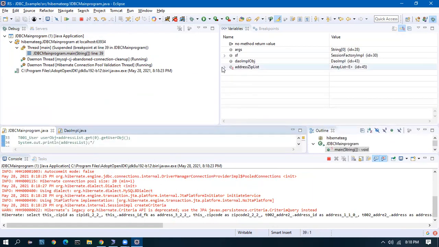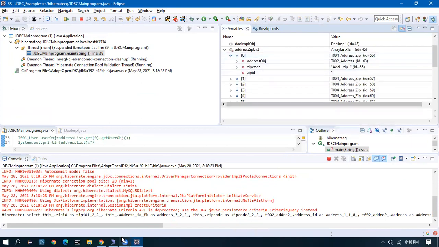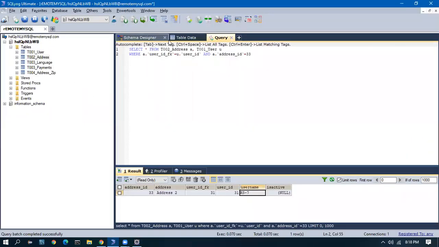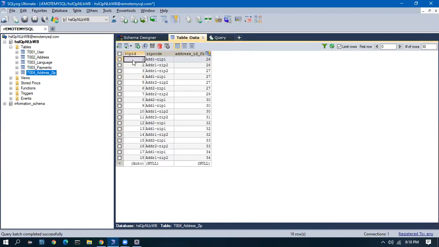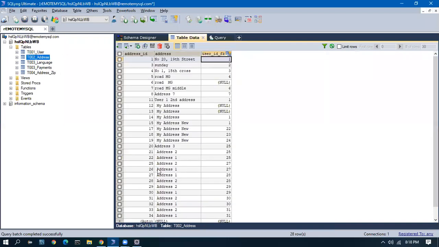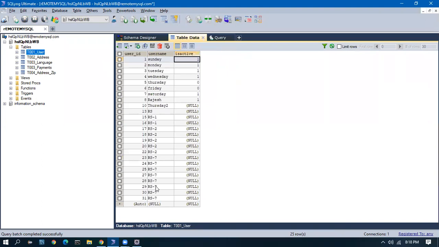Now, if I go into the debug, I'll grab one of the address zip list entries, which is 1. If I go to the address zip table, line number 1, the address ID is 26. So 26 will be coming as address 1 and the parent is 27. So 27 also will be coming, RS7.